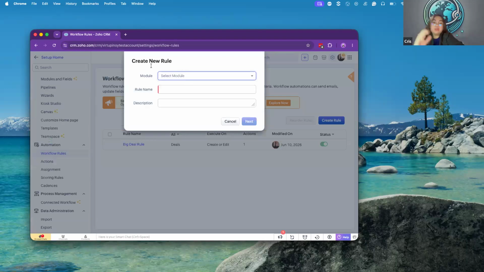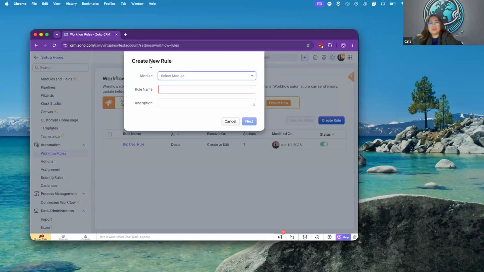Okay. So ano ba yung rule na gagawin natin ngayon? So ang gagawin nating rule ngayon is about registration lead rule. So for example, yung boss mo, ang business niya is teaching, and then he needs lead to participate in his master class.